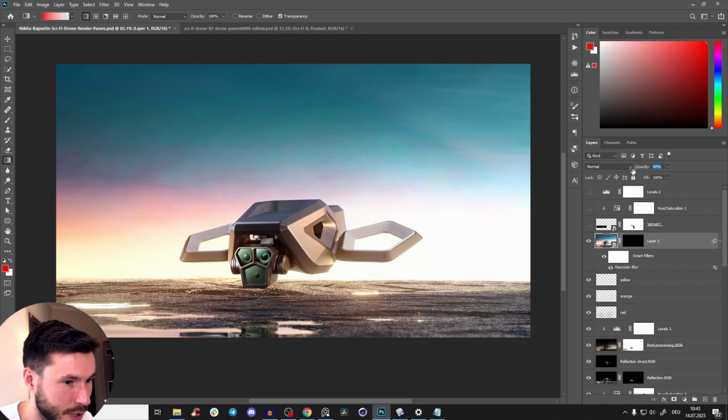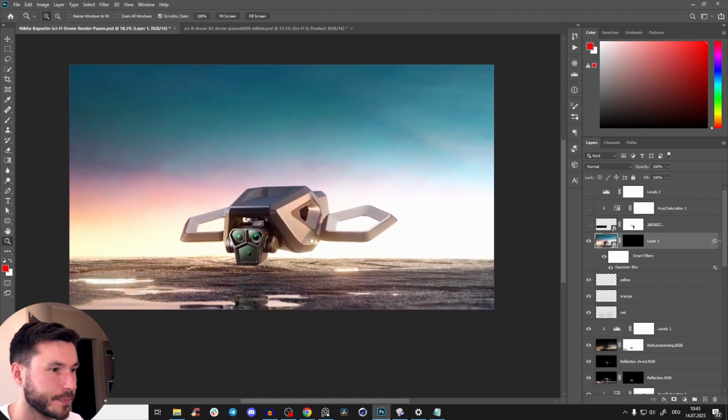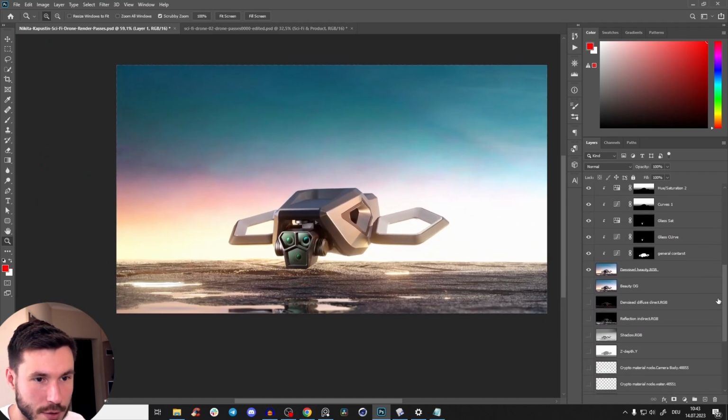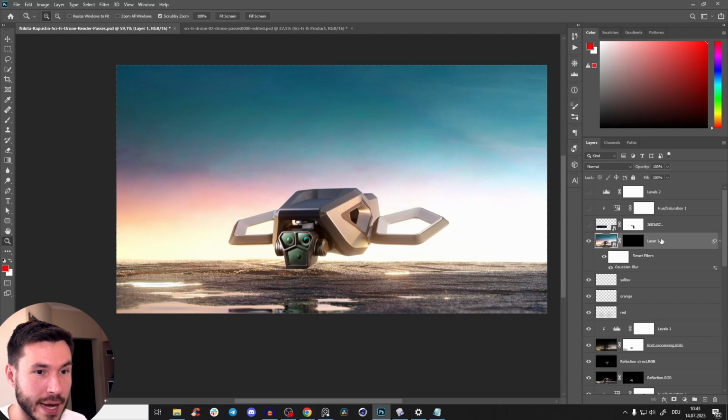And now I want to bring the opacity a little bit lower. But you see, it's really just a very subtle effect, but yeah, I like that. All right, so this is basically it for now. So let's go to the most important part. You see it's already a different picture, but we will do it even better. So let's go again to